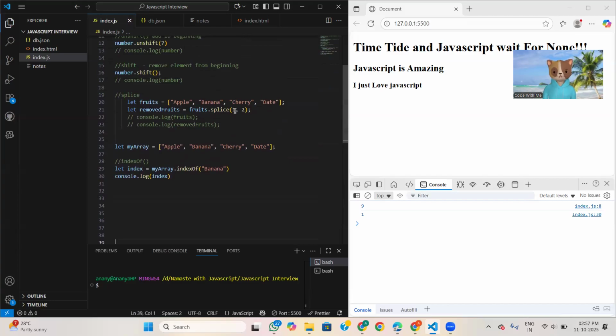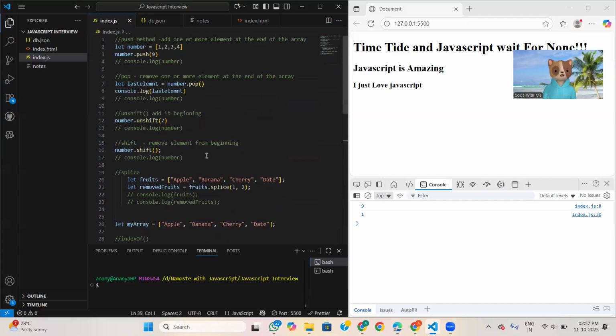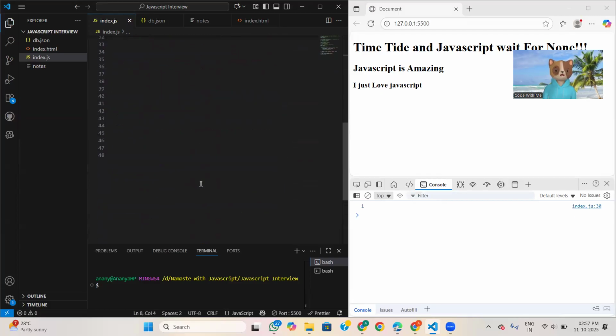Now see, why are we getting 9? We have index 8. Okay, okay. Index 8. Yeah.